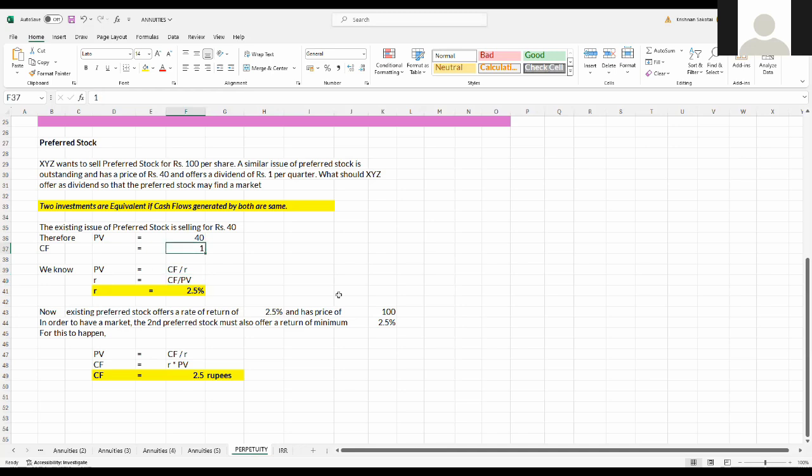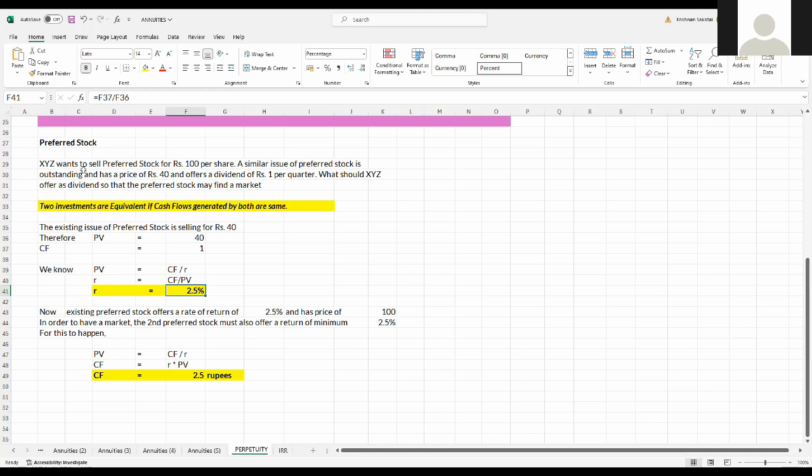That's what is given in the problem. So that comes to 2.5%. You can think of it as a rate of return. Similar rate of return is being assigned to the original problem. That means